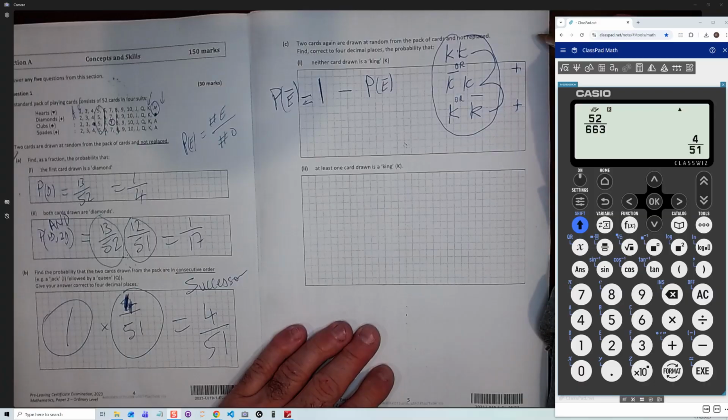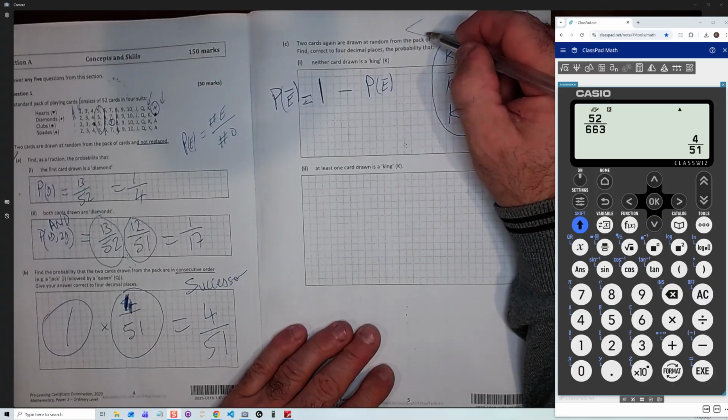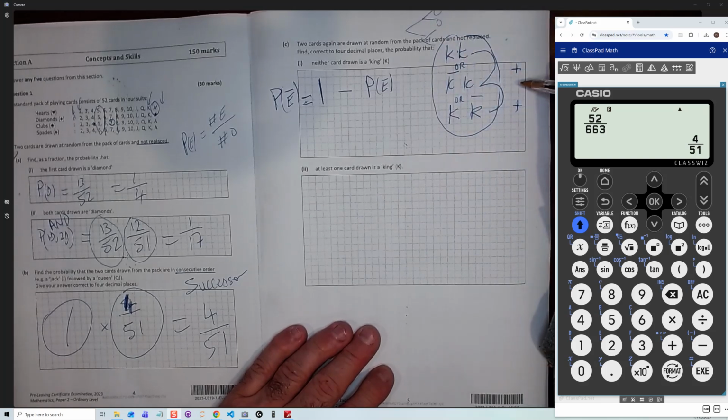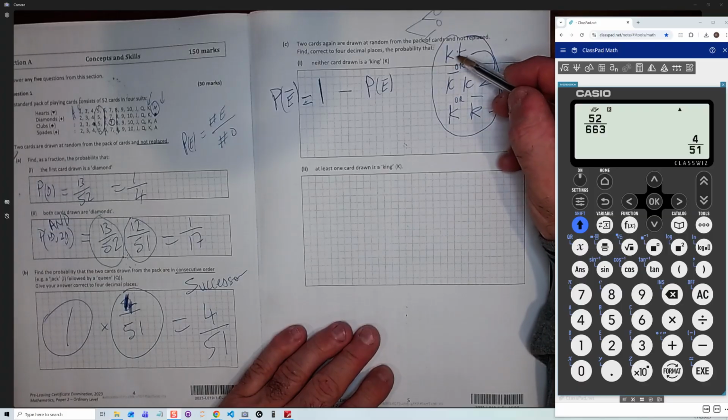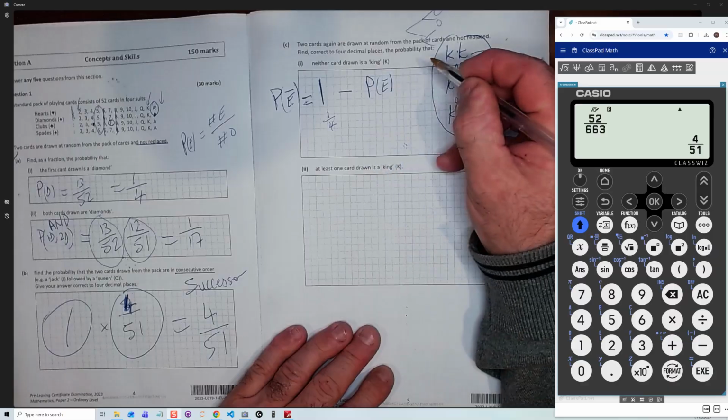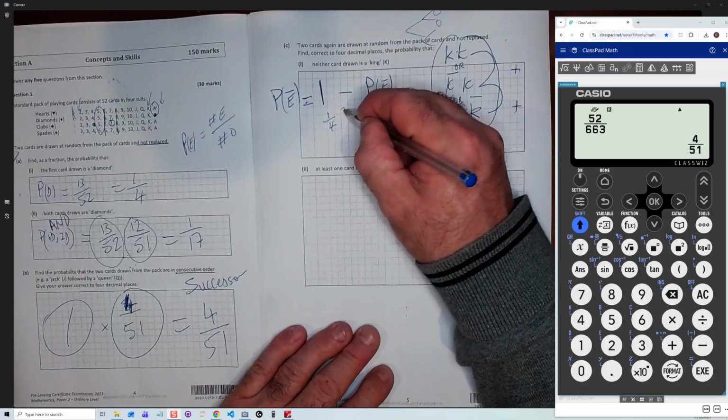Okay, so these are mutually exclusive. If you thought of this as a tree, these are the kind of things that end up out here at the end of a tree diagram. So let's go through them. What's the probability of drawing a king and a king? Well, the probability of drawing a king is 1 over 4, and the probability of drawing the second king